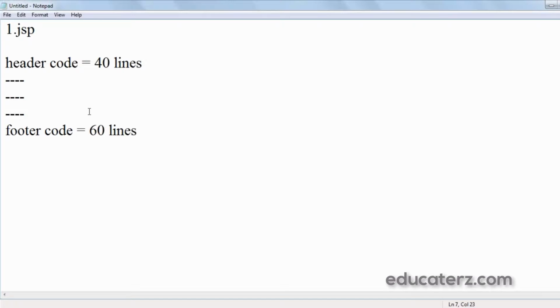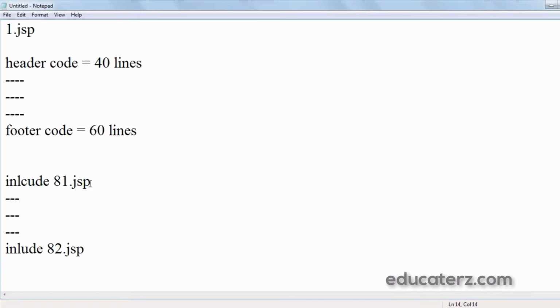So this results in duplication of presentation code. This can be avoided by developing 82 JSPs, with 81.jsp as header.jsp and 82.jsp as footer.jsp. Now if I have to include those, I can simply write the include directive, include 81.jsp, and my content which is there in the 1.jsp, and then I can simply include 82.jsp.